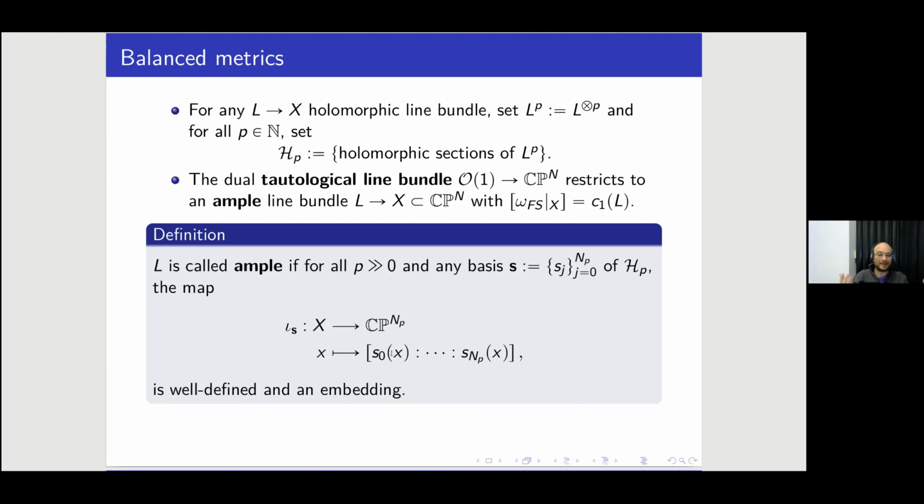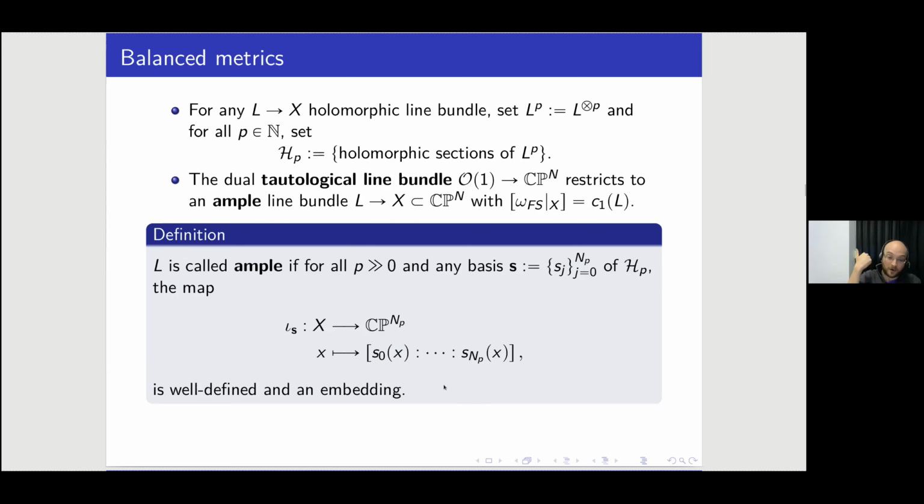So it gives you indeed a well-defined element of projective space, which means an element up to multiplication by lambda in C star, right? So the fact that this map is well-defined means exactly that for all x, these numbers do not vanish at the same time. There is no base point. And that this is an embedding is a bit more involved, but here you go. You have this definition, right? And it turns out that the restriction of the tautological line bundle is ample in that sense, right?